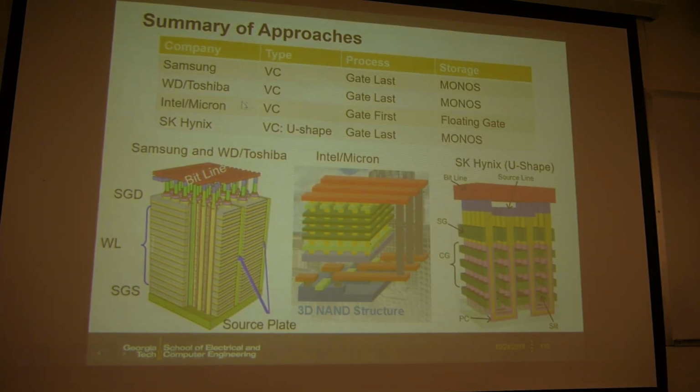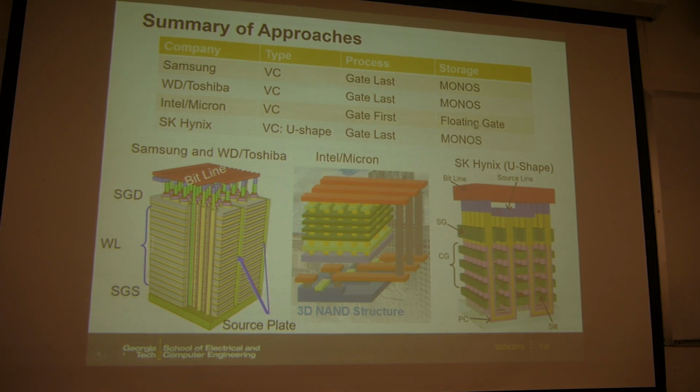Okay, so this is a summary. All of them are vertical channel. The only difference is Intel and Micron use the gate first process, and the cell is this floating gate cell as in 2D NAND. All the other companies are gate last, and the cell is a charge trap, like this TANOS structure, or a variant of this SONOS structure. So any